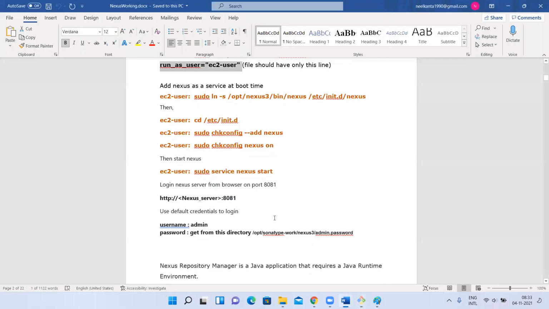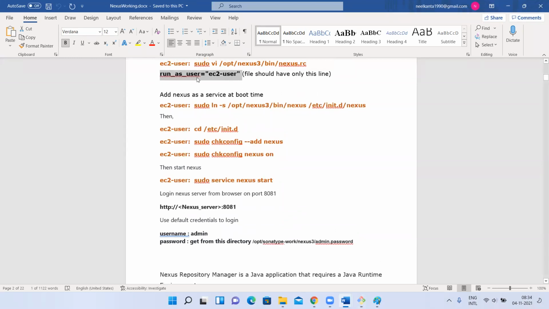So I made the change. Once you make the change in this file, that's done; you declare who wants to be the admin and owner of this Nexus. But I want to configure this Nexus as a service, like service jenkins start, I want to do service nexus start. For that, what you have to do is, the file is there, right?